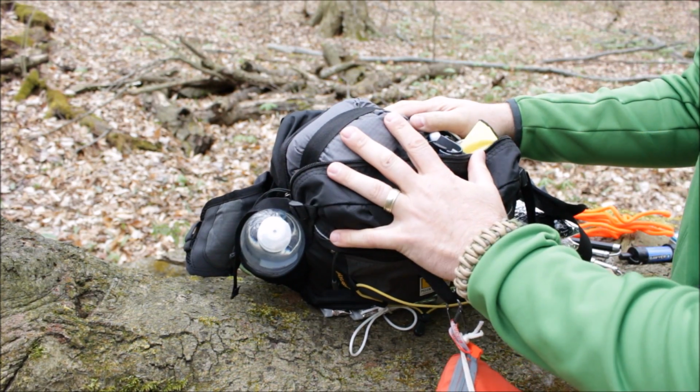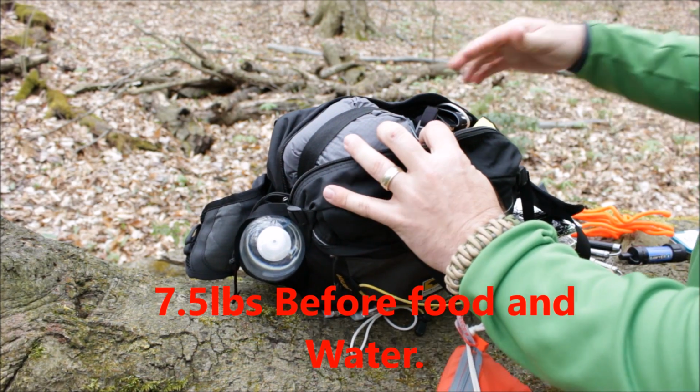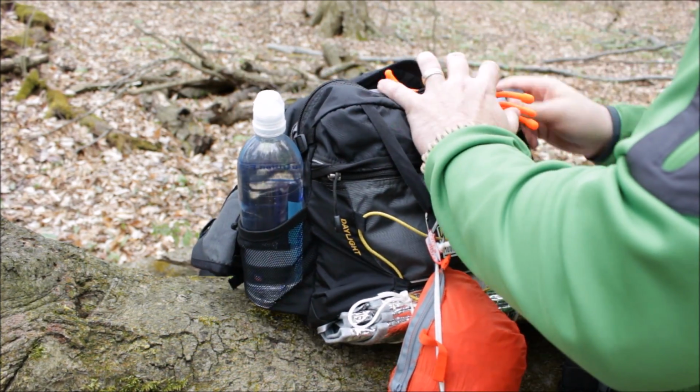Actually, no, it's not 7¼. That's right, I changed it, and it's about 7½ pounds. Excuse me. Let me just shove all this stuff back in here so I can show you this suspension system that I've got going on,